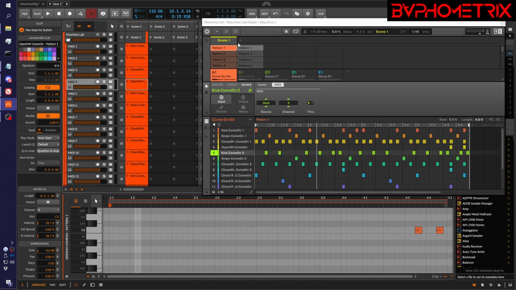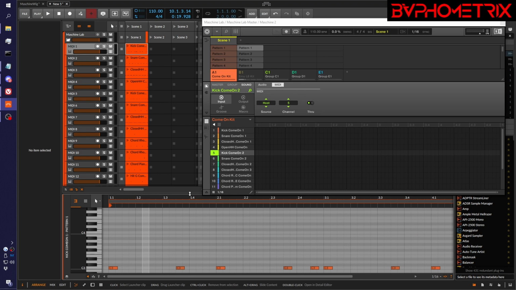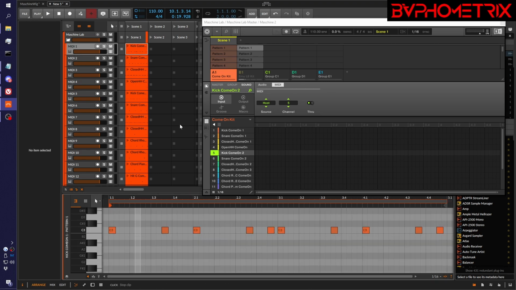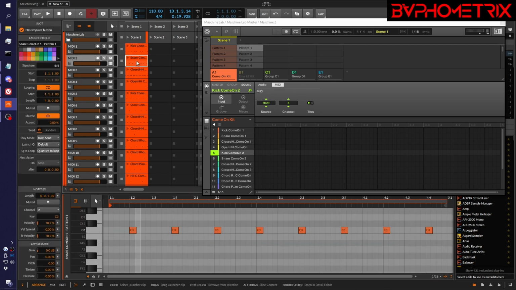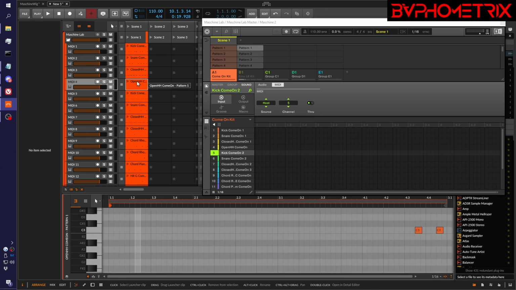So what we're going to do is turn off the pattern in Maschine itself. And now Maschine is just a dumb sampler. It's waiting for MIDI to drive it. And the MIDI is going to come from Bitwig now. So we got a kick here, right? Here's our kick pattern. Here's our snare pattern. Here's our closed hi-hat pattern, and so on down the line, right? So if we play it from Bitwig,